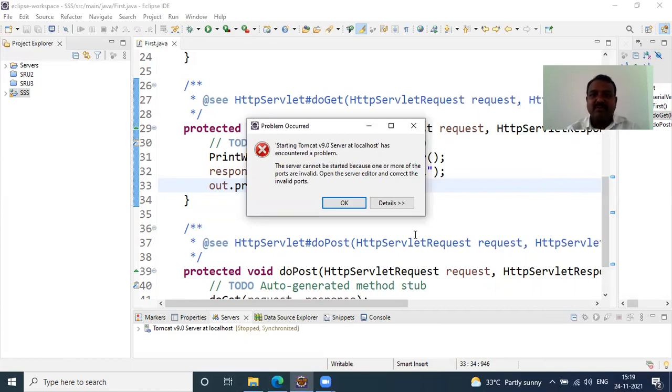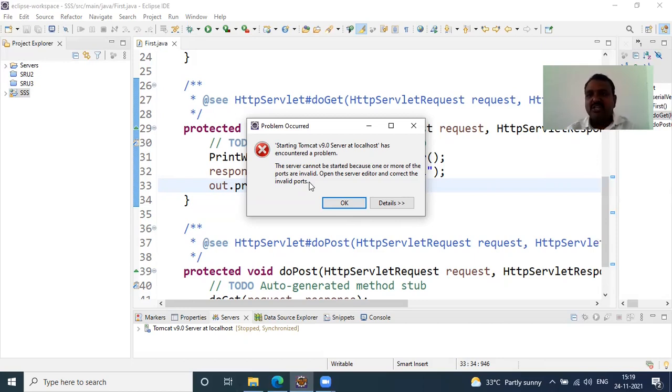The server cannot be started because one or more of its ports are invalid. Open the server editor and correct the invalid ports. It will be the information for you if you start your Tomcat without doing any changes to your Tomcat server.